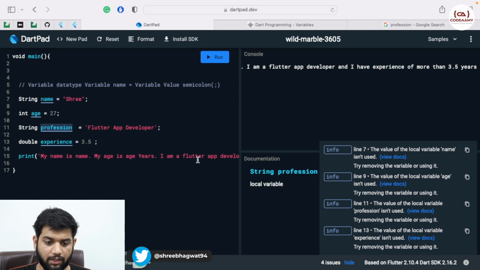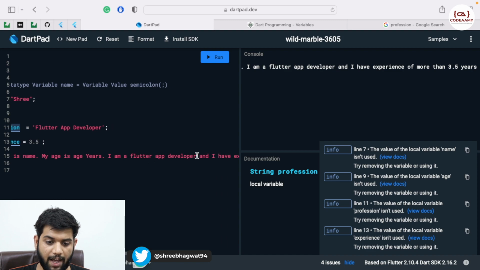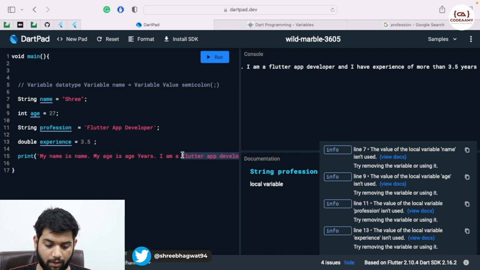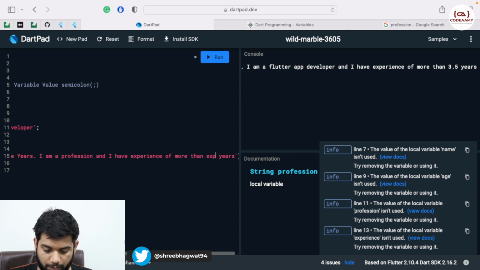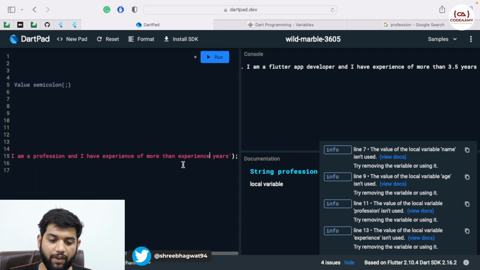So I'll copy this, and instead of Flutter app developer, I will write over here the profession that I am having, and I am a profession, and I have experience of more than experience years, and I'll hit the run command.